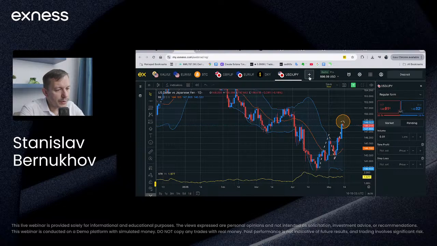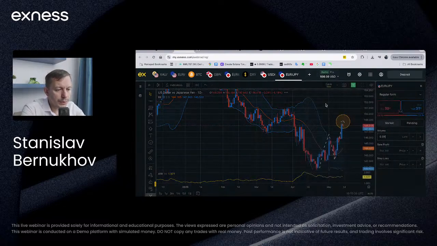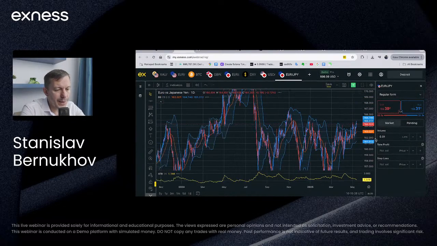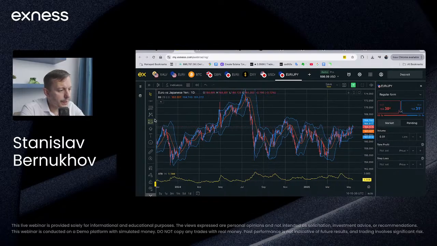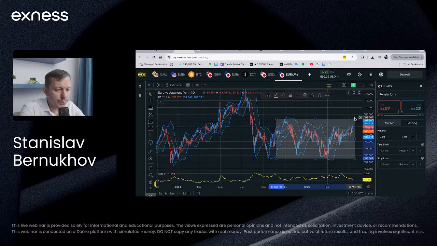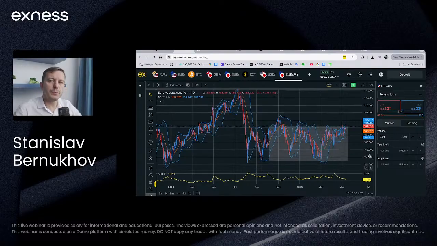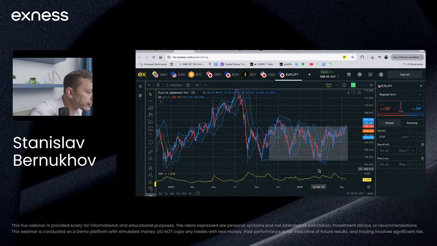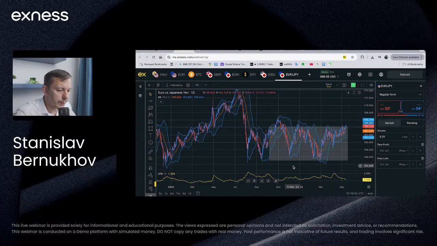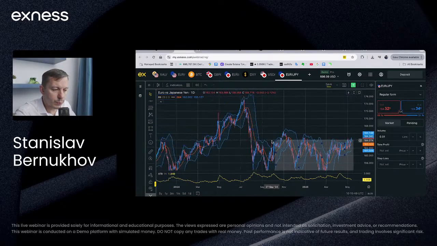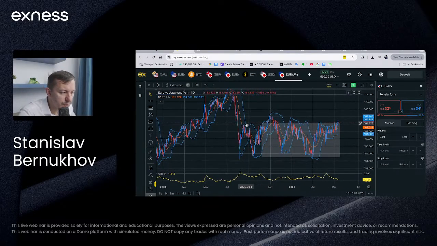Another opportunity which I've been pointing out is Euro-Yen, because Euro-Yen is balancing right at the top of the massive formation, as you see. Massive formation. So the longer this formation is, the more aggressive the breakout may be. So I will point out a couple of interesting opportunities here. First of all, you see that we've been building this formation for a long time, since August previous year, so already